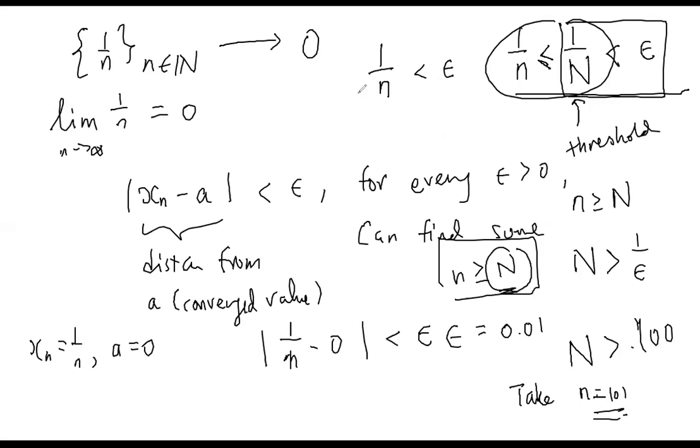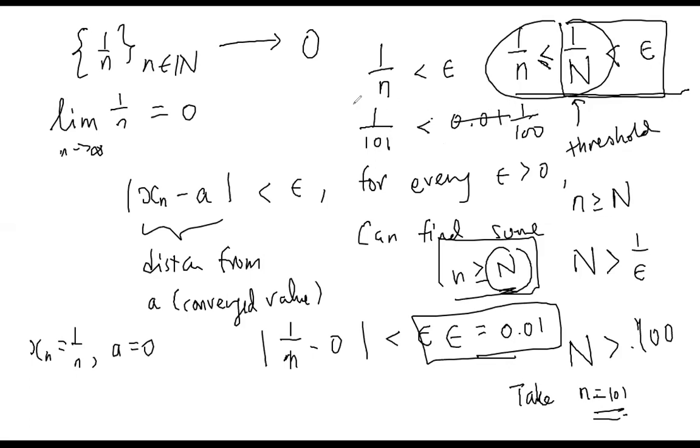Actually, you can check this. If your epsilon is 0.01, 1 over 101 is less than 0.01, agree? Because this is just 1 over 100, so 1 over 101 is